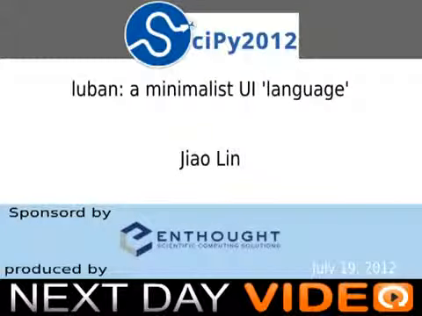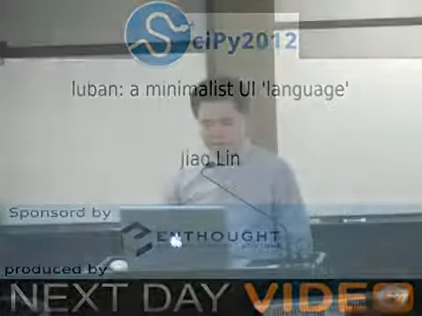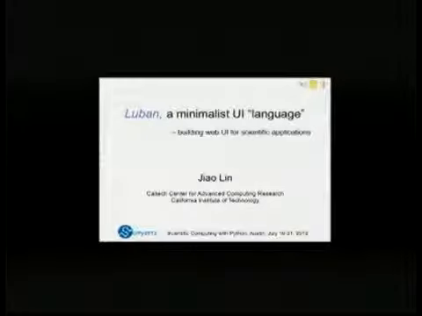So Luban is a minimalist UI language. It's intended for building web UI for scientific applications. I'm at the Caltech Center for Advanced Computing Research. As the name suggests, we do a lot of high-performance computing. For most of my work time, I do algorithm development for scientific computing,